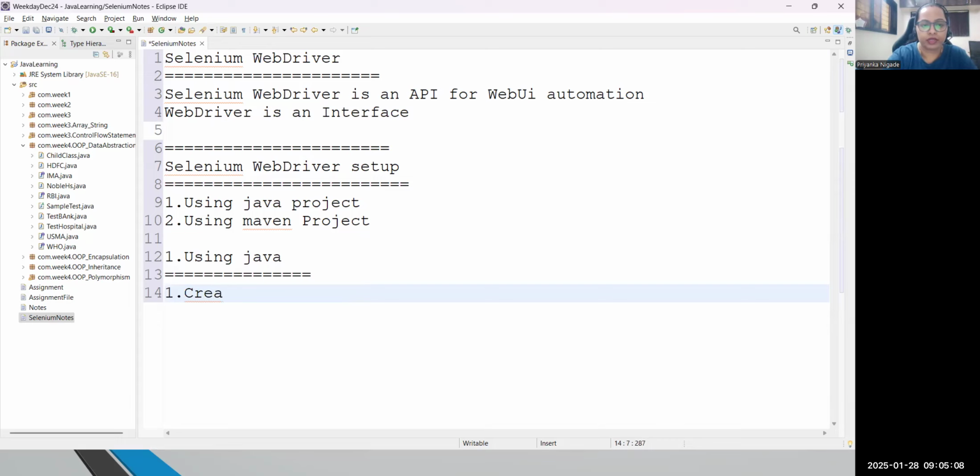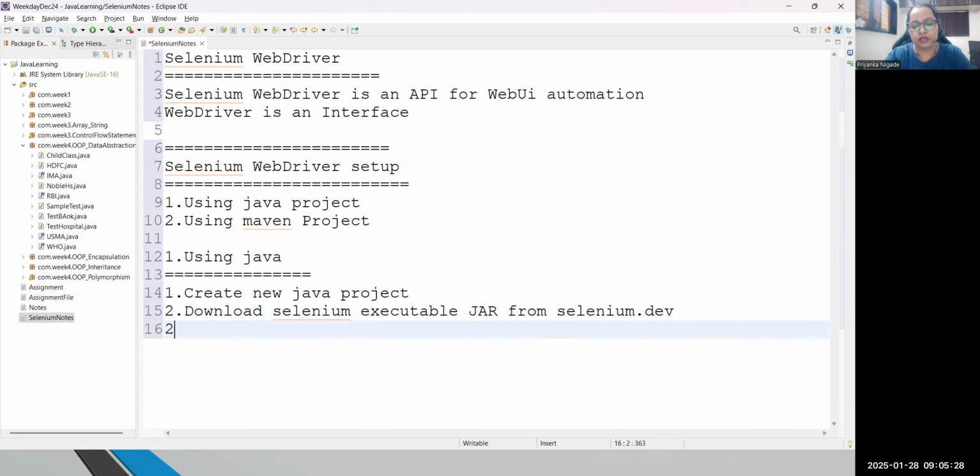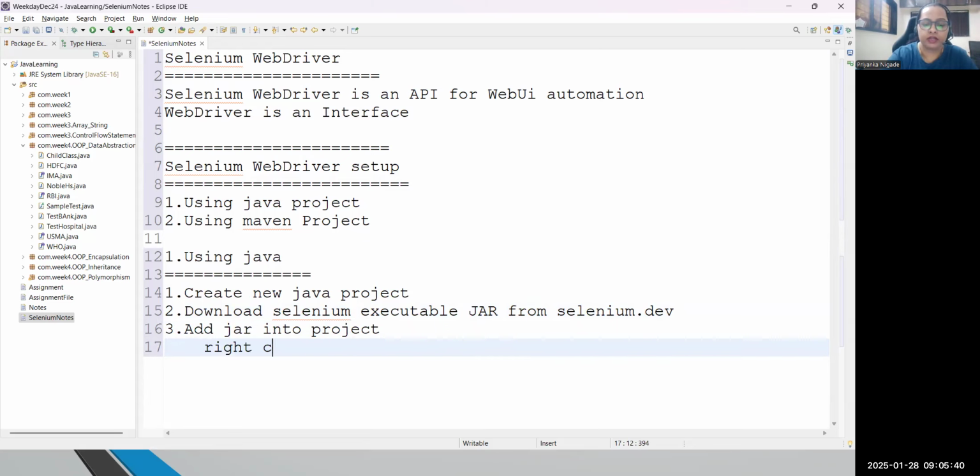You need to create a new Java project. Then you need to download the Selenium executable jar from selenium.dev, which is the official website. Third step, add the jar into the project. Now, the point is how you are going to add it. We have steps. You need to right click on the project. Then after that, you go to Build. Under Build, you will have